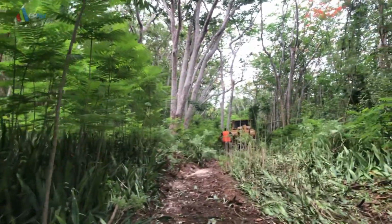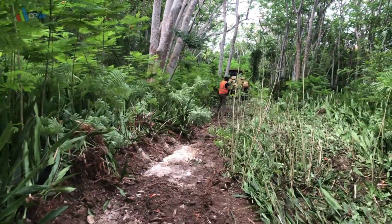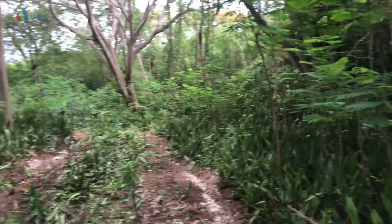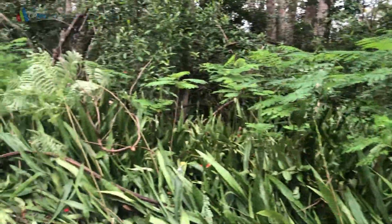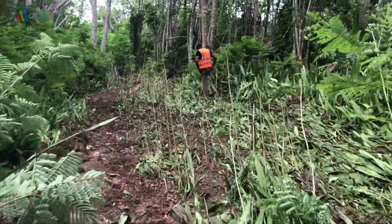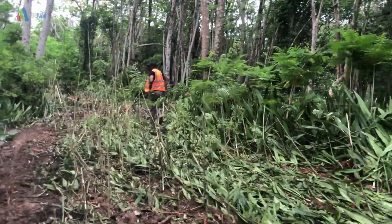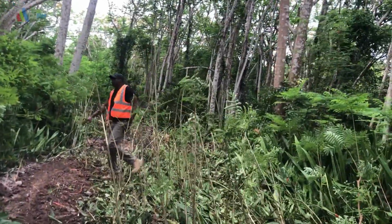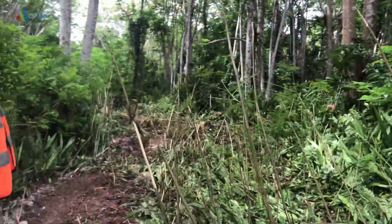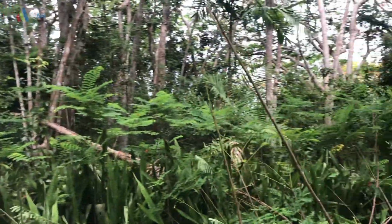Yeah, but we're forging our way through, and this would seem to be the easiest way to get in, equipment, etc. Very heavily wooded area, but to my understanding, a track had been cut here from before. Mark, this was a pre-existing track, right? It looks like a pre-existing track. I'm looking for the tree with the